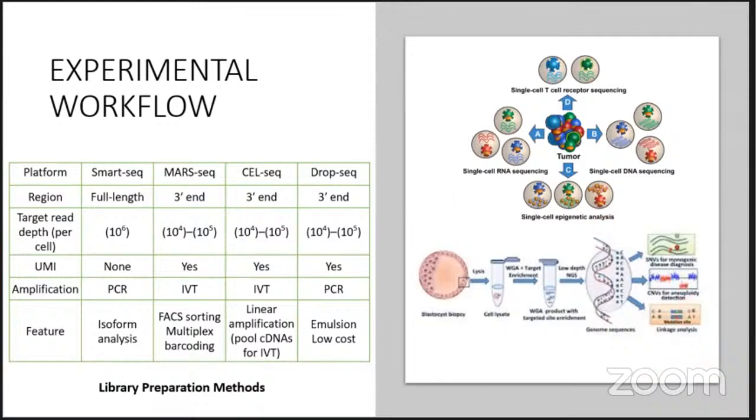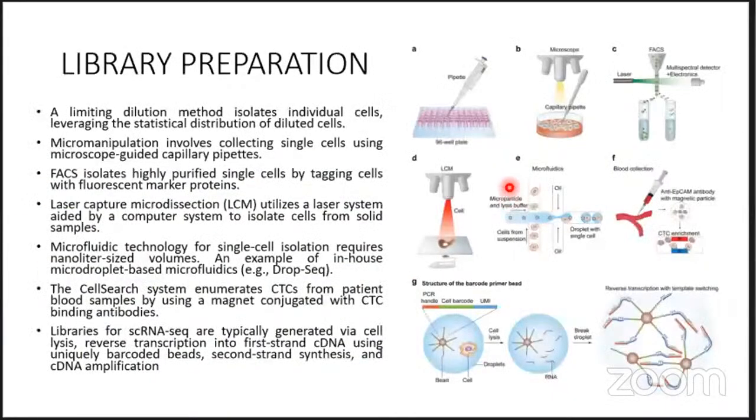So let us look in detail at how the library is prepared for single cells, because that is very crucial. Why is it crucial? Because we are not taking the entire nucleic acid, the entire DNA or RNA, in this. As a first step, we are doing the cell separation, so we are making the single cell suspension. There are different techniques to make the single cell suspension. Either we are doing the